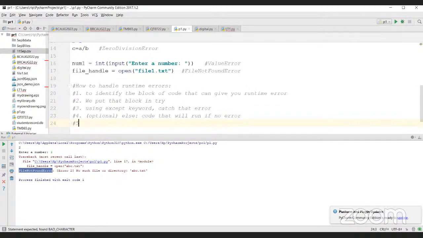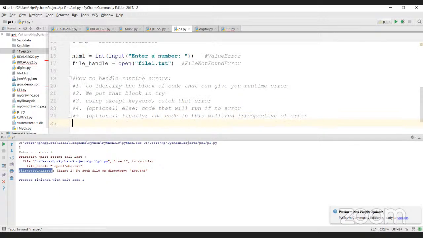And then step 5, again optional, is called finally. The code in this will run irrespective of error or no error. Even if you get an error, finally will run. If you don't get an error,